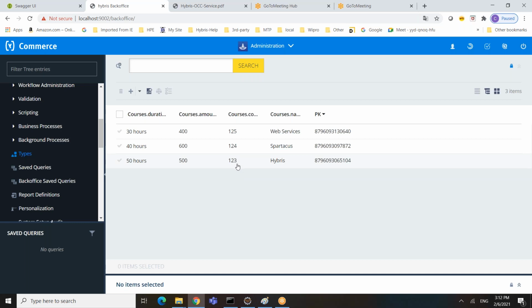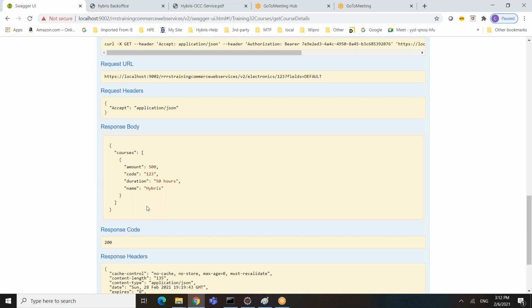But let's say you write a flexible query where the code is like 1, 2, starting with 1, 2, and you want to return it, then it's going to return all these 3 records. You will see all those 3 records as part of your response, which is basically the list you defined here. The list is defined, that is the reason. If it is a single object, then you will not see these brackets. Whenever you see these brackets, it means it's a list of objects. So in this case, only one object is returned, but it can return multiple objects based on the flexible query.